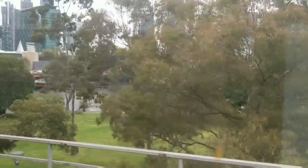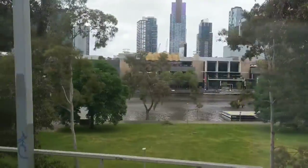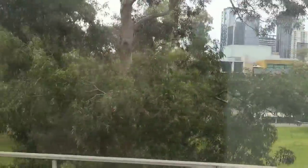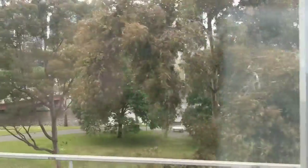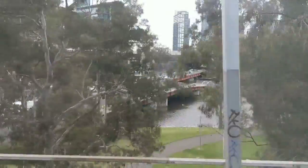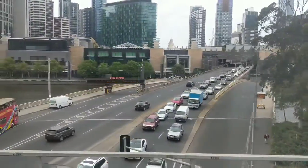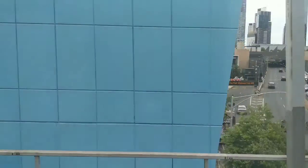The end of the river as it meets Port Phillip Bay and out to sea. We're also known as the Garden State here, so we have parks everywhere. This is King Street, which leads to King's Way, and they built the casino over the top of it, as you can see. We've got the aquarium here as well, and this is what we call the South Gate or